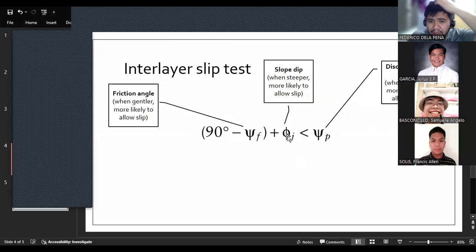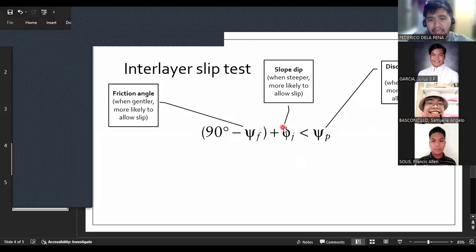So the bigger the slope dip, theta j, or the steeper the slope dip, there's a bigger chance that you will also get interlayer slip. Okay, so again, that's intuitive. The steeper the slope, basically you have less supporting pressures in this side, so it can actually topple. There's a bigger chance that these toppling blocks will undergo toppling because you don't have support in this side when you have a very steep slope. Okay,